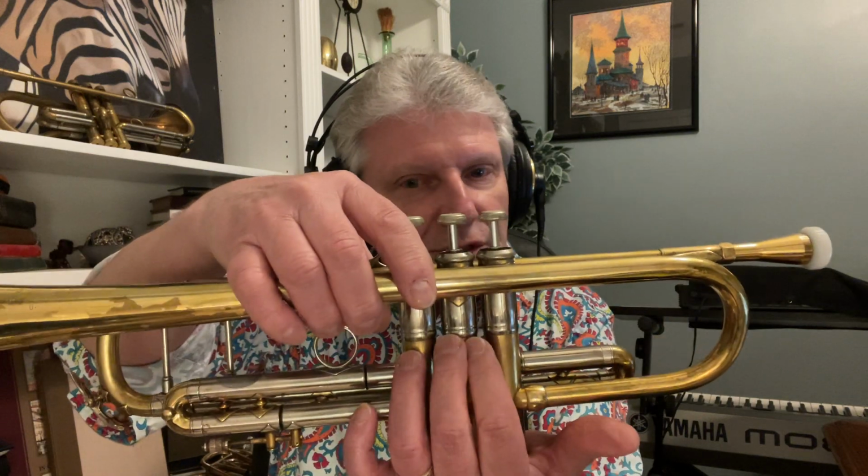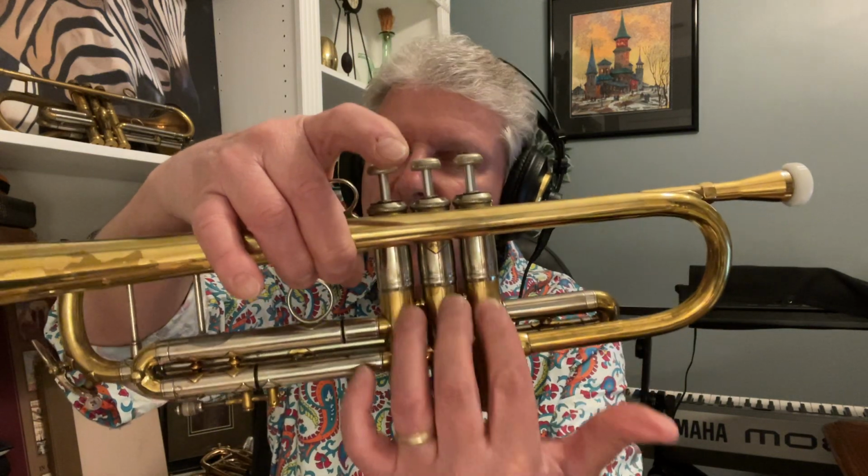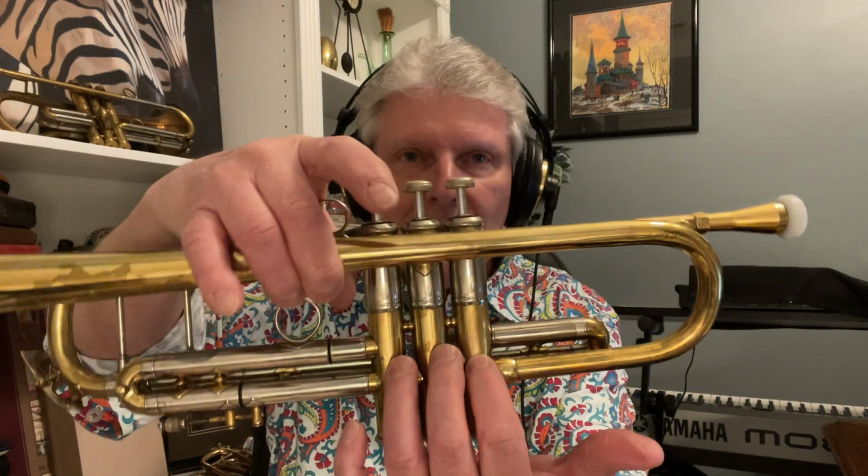I know the 65 is larger than the 72. That one is noticeably larger. But Bach really had a very fine idea, to my way of thinking, of what he was trying to do with horns. For instance, this has got a .462 bore size, which I think is predominantly noticeable in the ports of